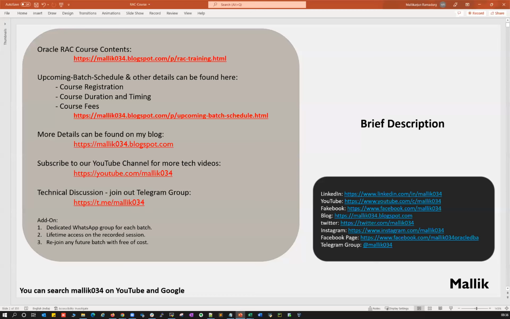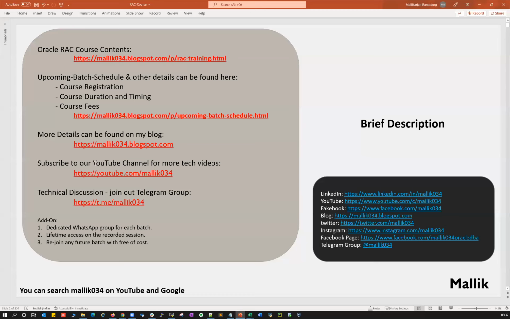And then you can access all the materials, all the quiz, workbook, PPTs, labs, everything from your Google Drive. In fact, you can even download those videos and materials onto your local laptop. No restriction at all. You can download it locally on your laptop, or you can refer to it in our Google Drive itself. Those videos, recording sessions, and then the workbook, PPTs, materials, everything will be available and accessible